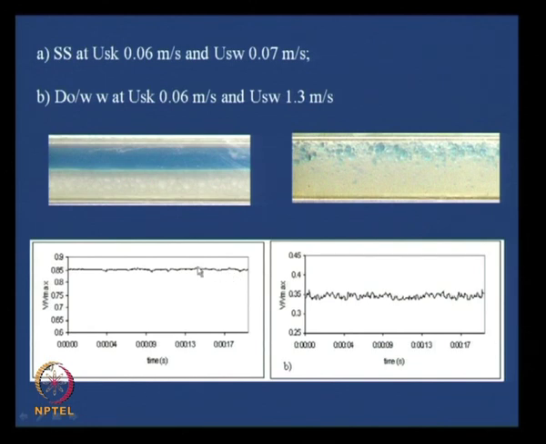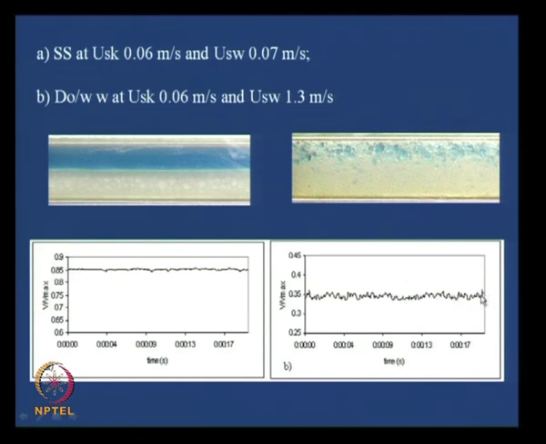Not only that, if you observe the signals, we find that when the interface was smooth, we obtained an almost straight line signal. On the other hand, when there were bubbles, then each particular bubble surface or droplet surface behaved as a reflecting surface. They were reflecting the light, isn't it? So, therefore, the undulations were much more for dispersed flow.